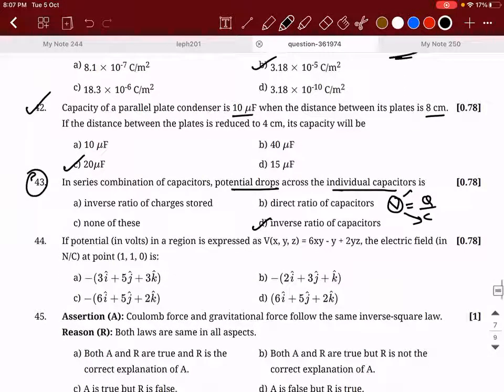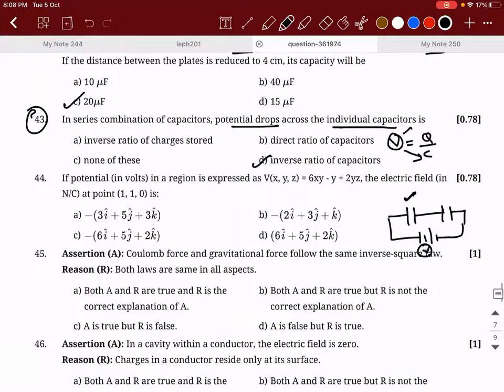Sir, but they are in series only. Listen to this carefully. In series combination or whatever combination you generally talk about, when you increase the potential difference here, what will happen to the amount of charge that is getting deposited? You keep increasing the input, what will happen to the charge getting deposited? Will it decrease or increase? Logically think about it, whether it is series or parallel. Increase, sir. So what should be the answer? It should be in the inverse ratio of capacitance, not capacitors.